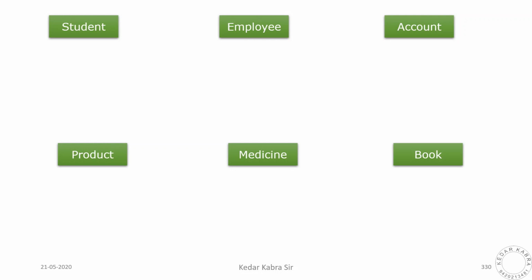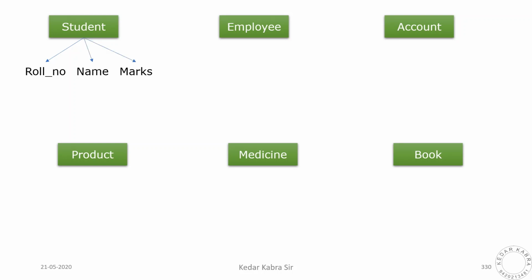If you look at examples here on screen, can you tell me any fundamental or derived data type which will help us to create variable for such data? Answer is no, because these data items are bundle of many values of different types. We can call them properties or attributes. Let me demonstrate. For example, student is collection of many properties such as roll number, name, marks, and many more.